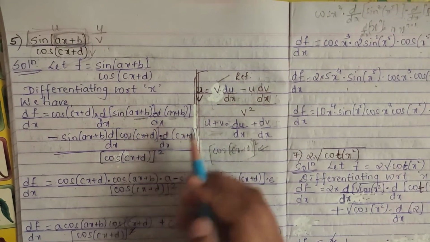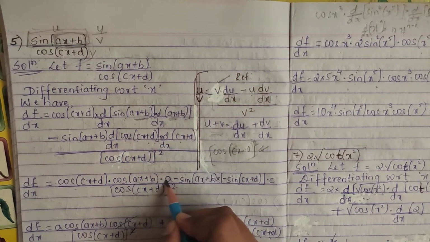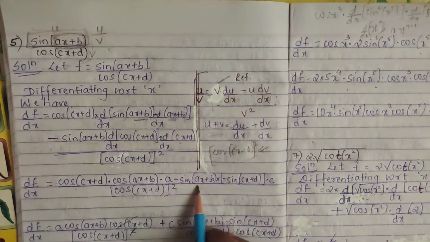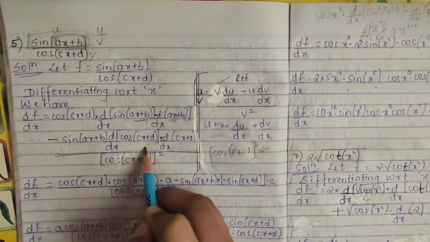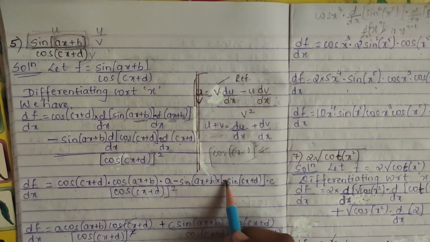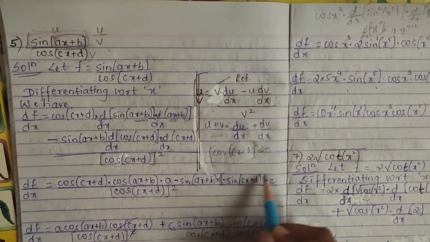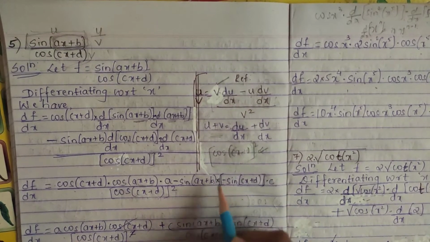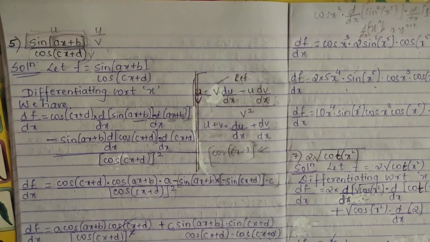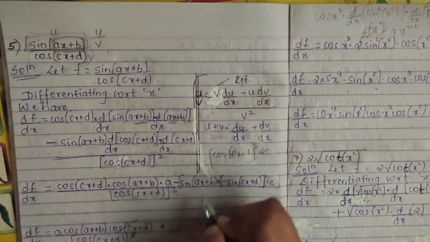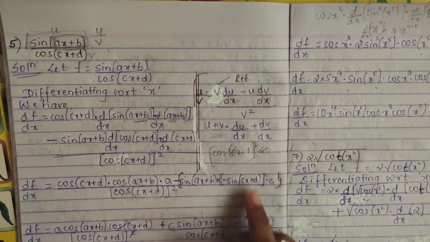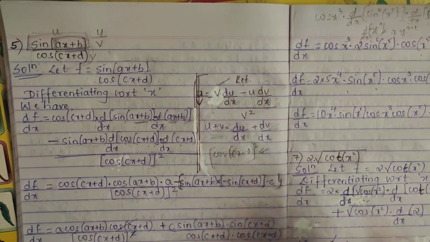So this becomes 0, and differentiation of ax is a. Minus, keeping the minus sign, sine of (ax plus b) as it is, again differentiation of cos of (cx plus d), differentiation of cos x is minus sin x. So minus sine of (cx plus d). For this bracket, this is into this minus, and this is the whole term. So if a minus comes here, don't think it is different, this is for this only. I have put the bracket so that you won't get confused.